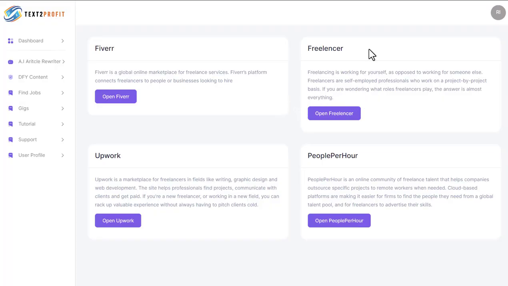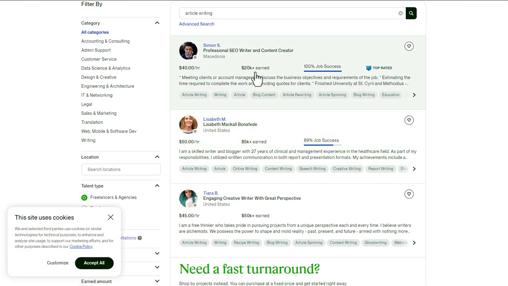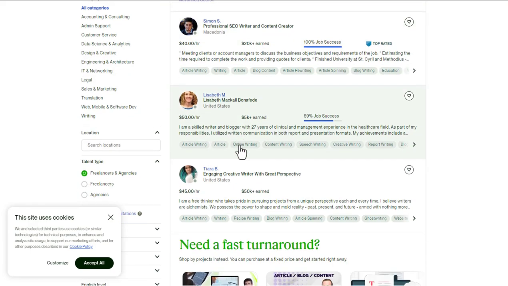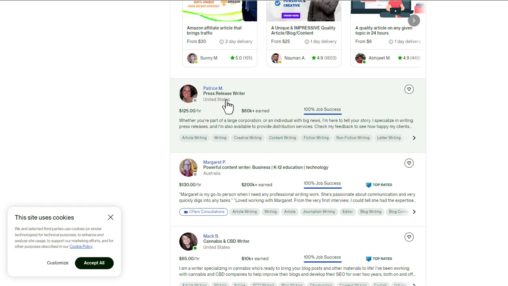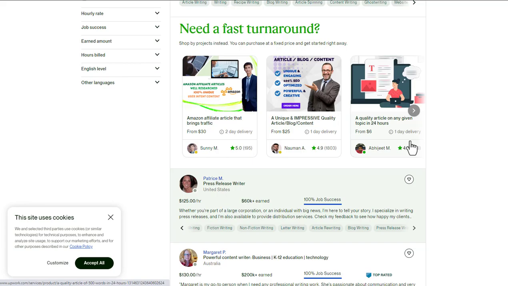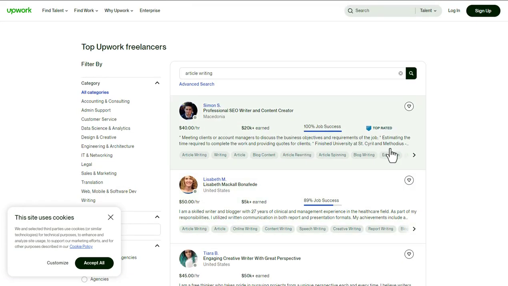So you go to gigs here. You can go to these gigs: Fiverr, Freelancer, PeoplePerHour, or Upwork. Let's just go to Upwork. And there are lots and lots of people. Look, they're earning $20,000, they're earning $5,000, they're earning $50,000. The reason they're doing that is because these folks are professional copywriters who've been doing this for a long time. They haven't just gone online and bought a random product off Jason Fulton and decided to become a copywriter. It takes years and years of practice to actually do this kind of thing.